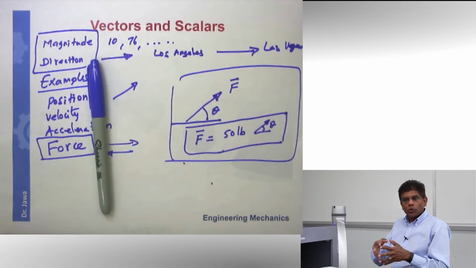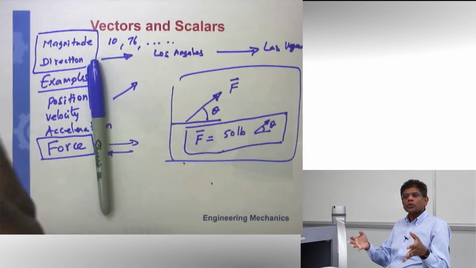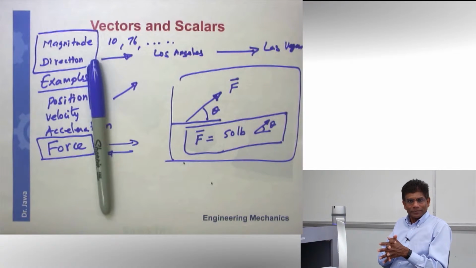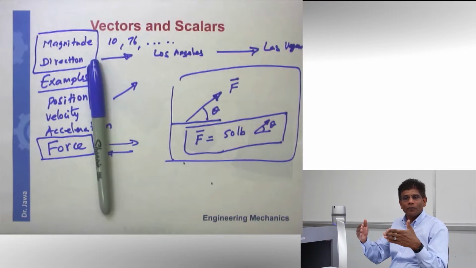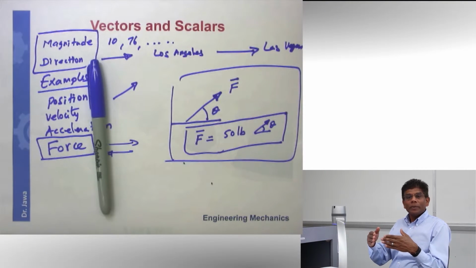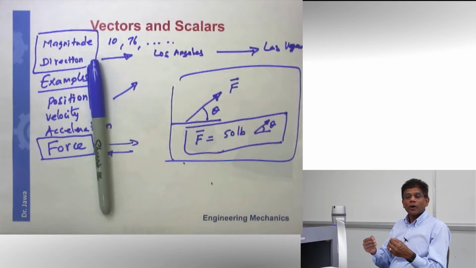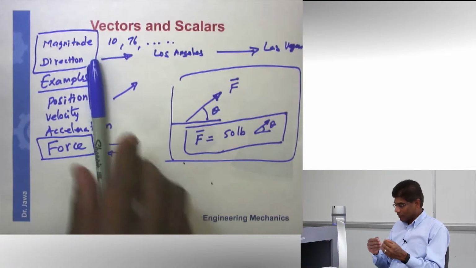All right? So two people are pulling, and what is going to be the net effect of these two people pulling that furniture? So what we have to now do is to figure out a way to add the force. Add two forces actually, and this will be adding two vectors because forces are vectors and we want to add two forces. All right, so let's talk about how can we add two forces, or in other words, how can we add two vectors. Let's take a look at vector addition.